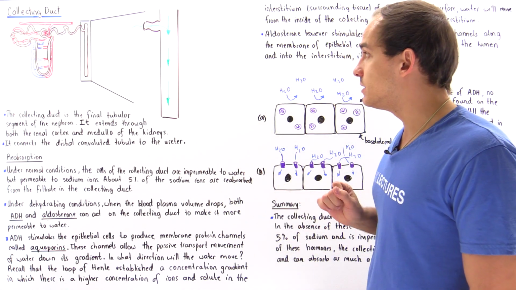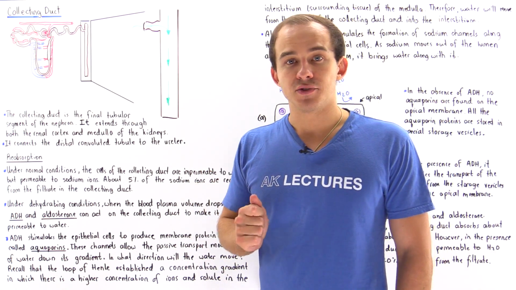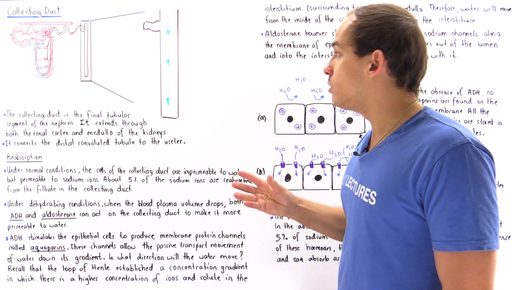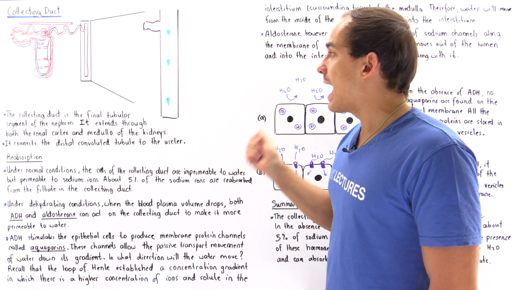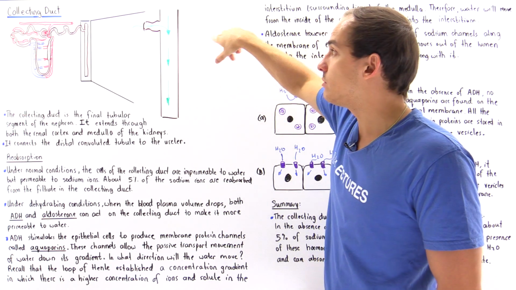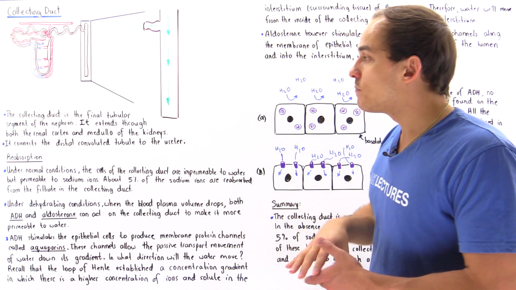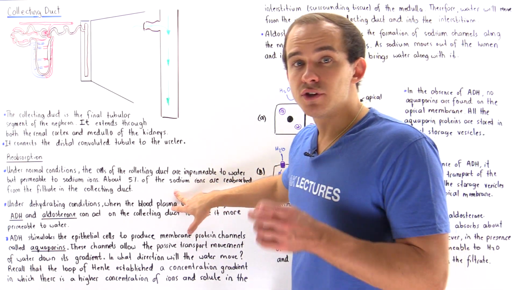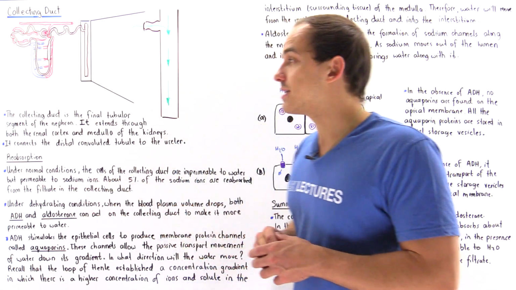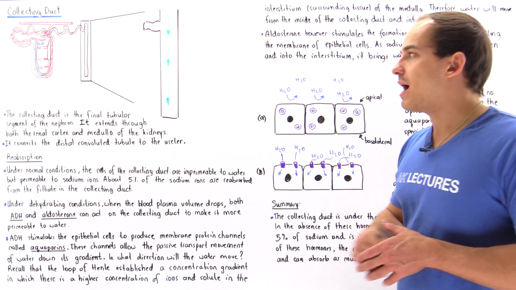However, under normal conditions, it is slightly permeable to sodium ions, and sodium ions will be reabsorbed by our cells back into the surrounding tissue around our collecting duct, known as the interstitium. So about 5% of the total sodium ions inside the filtrate will be reabsorbed back into our body in the